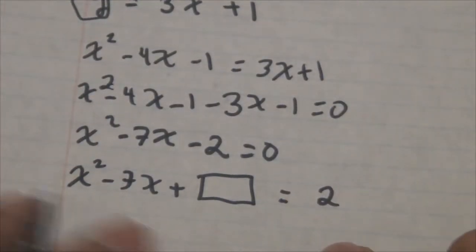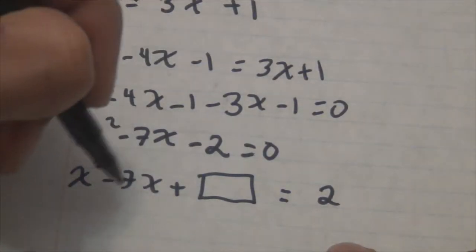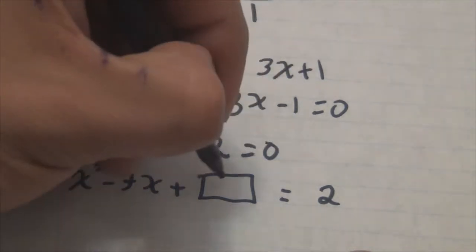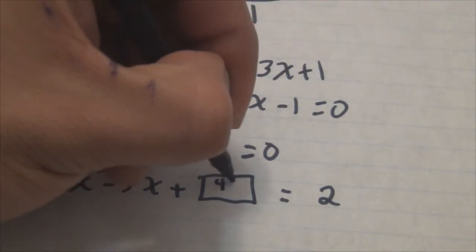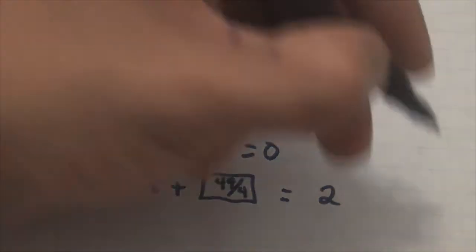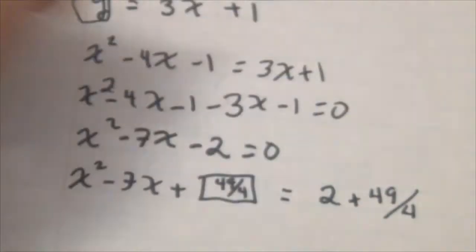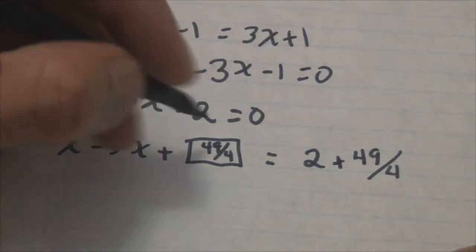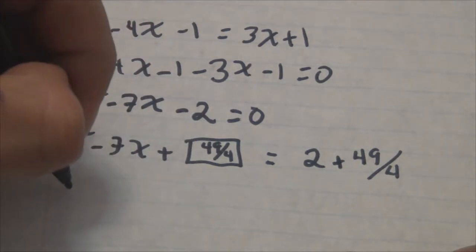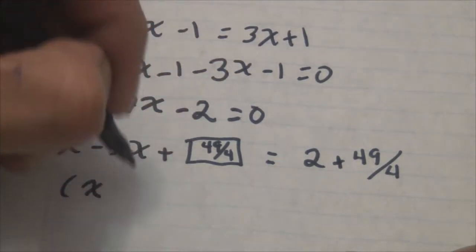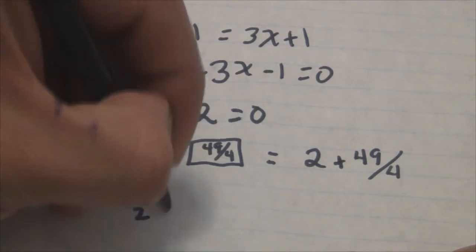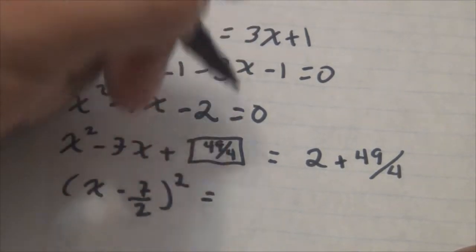Then you take half of the linear term and square it. So half of 7 is 7 over 2. Squaring it is 49 over 4. And you add it to both sides, okay? Cool. Now you turn this into a perfect square trinomial, into a square binomial. So this is (x minus 7 over 2) squared, equaling